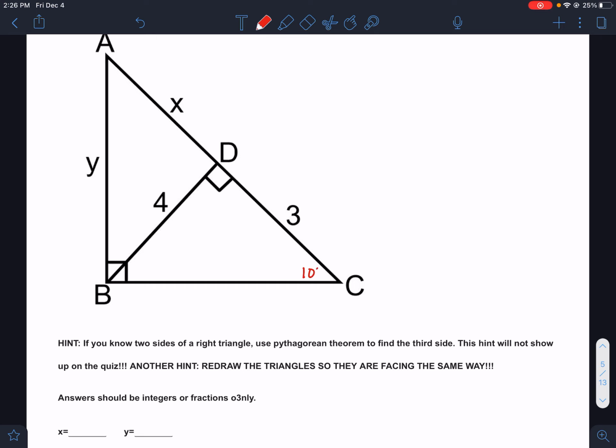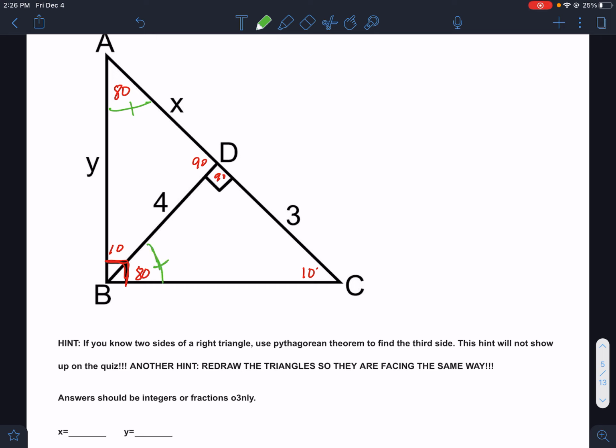Well, if you look at the biggest triangle, this corner's 90, this corner's 10. That means this corner up here would have to be 80. That's 90, so this angle next to it would have to also be 90. So we have 2 90s here. If we go off this small triangle down here, this would have to be 80, and that would make this 10. So here's the bottom line, guys. We know that this angle, I don't know that it's 80, I made that up, but I do know that